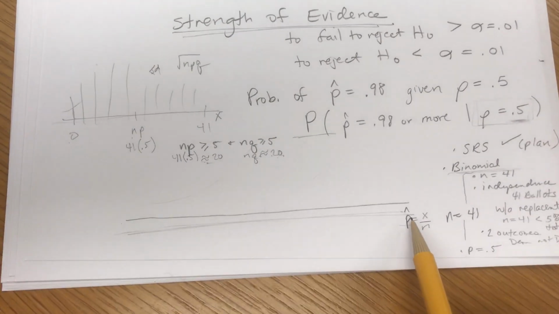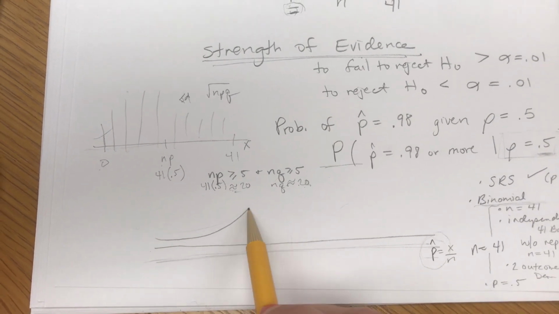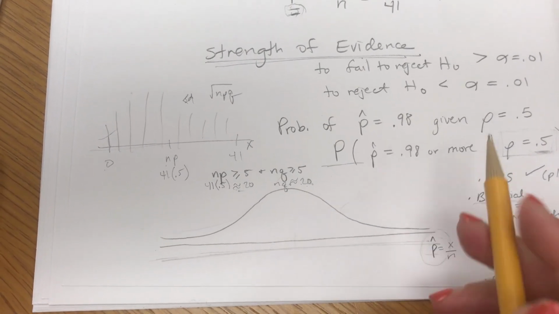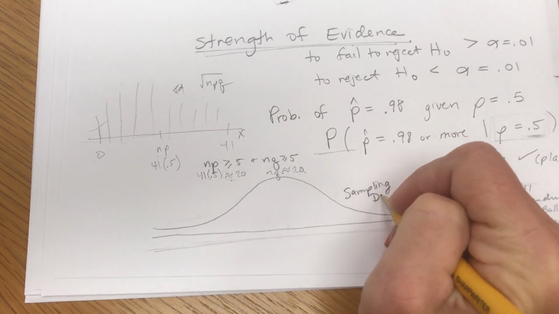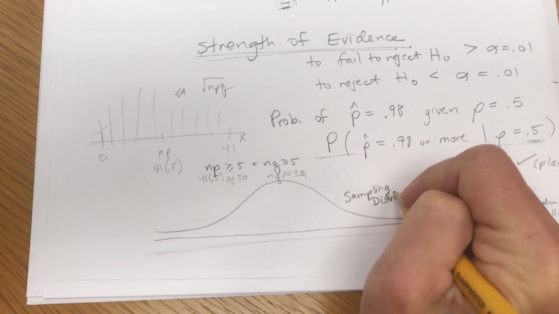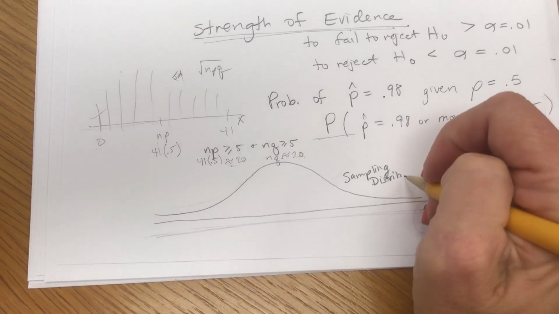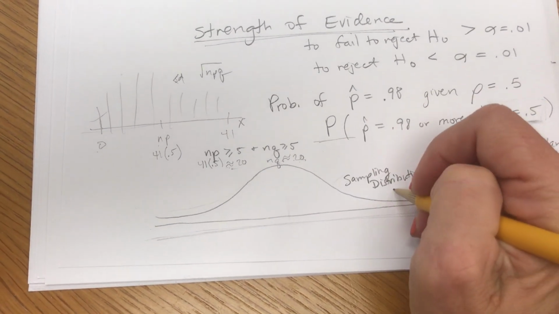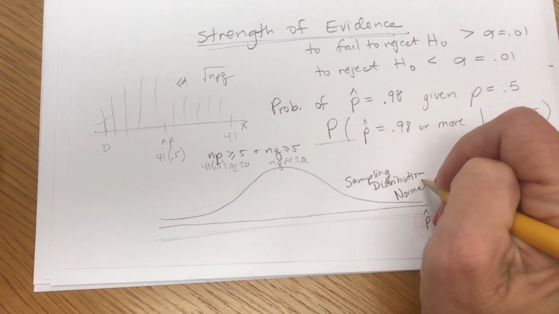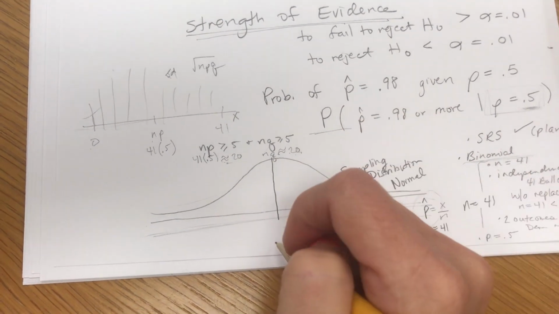So if I look at the distribution of all these sample proportions, I end up with a sampling distribution of all those possible proportions from each sample of size 41. The distribution is actually going to be approximated with the normal distribution. The center is going to be